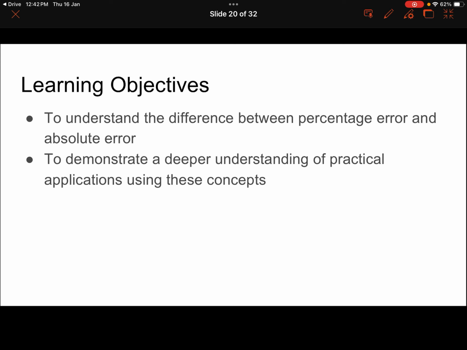Hey everyone, today we're going to be looking at the difference between percentage and absolute error. The focus for this is to distinguish between what percentage error and absolute error does in terms of demonstrating practical applications. More particularly, I would like to spend a little more time to align this with what we have always been doing with our MYP Criterion D